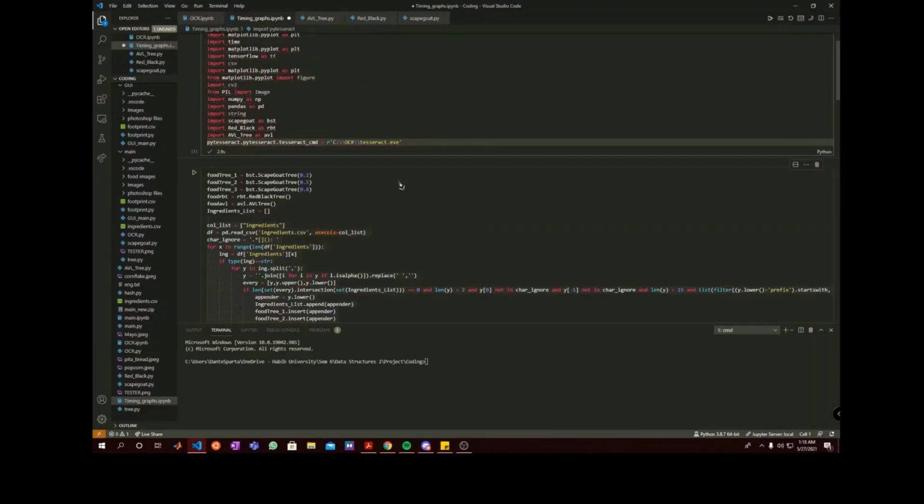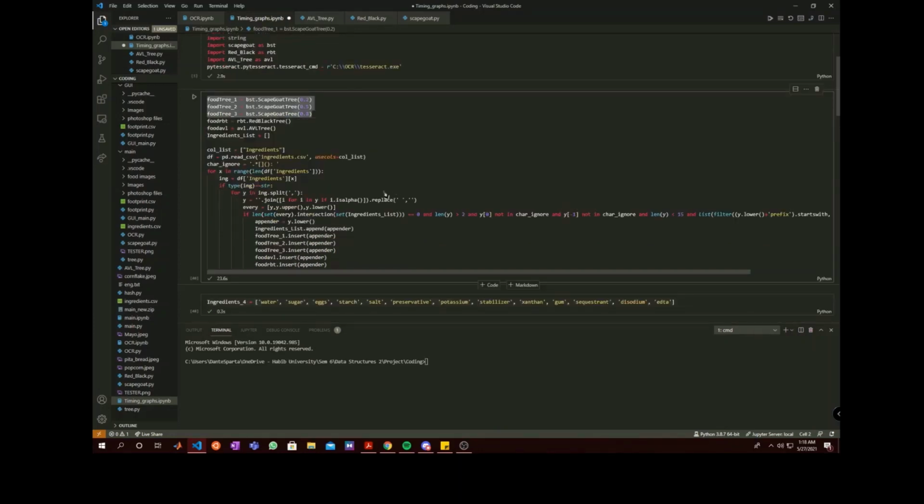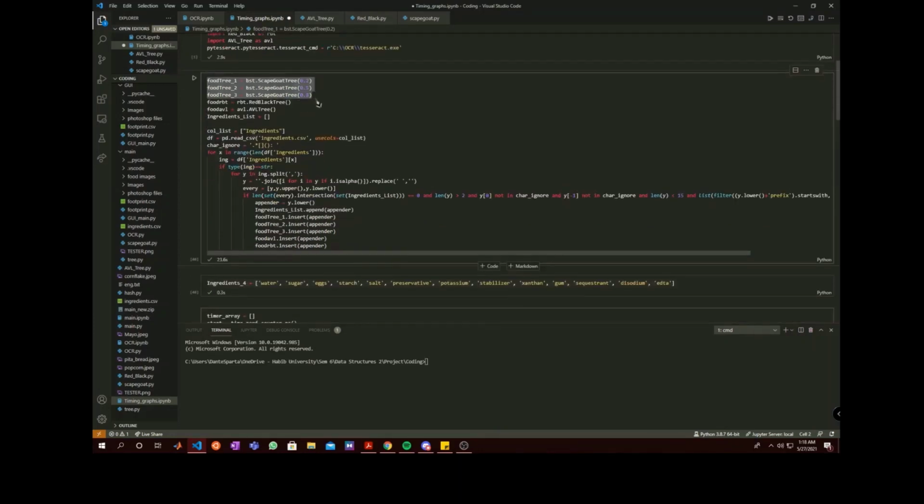Okay guys, so coming on to the time complexity graphs here. We have compared the search time complexity of different data structures that we have learned in our course as well, likewise red black and AVL trees with the scapegoat trees of different alpha parameter values. We'll be comparing the search time complexity because our application is very search expensive, as the ingredients will be our input, and it will search for the ingredients in the tree and then output the carbon footprint value.